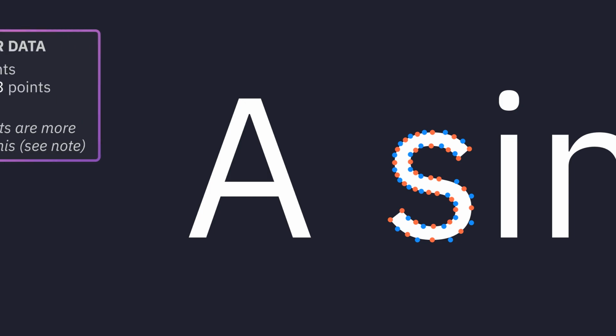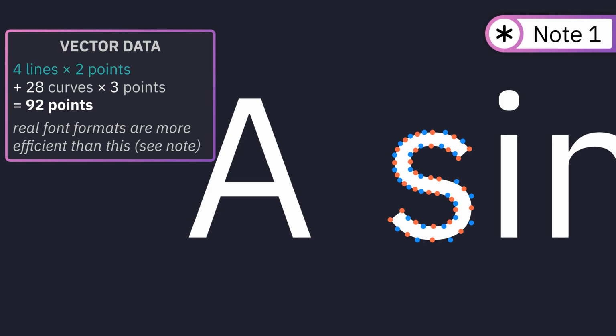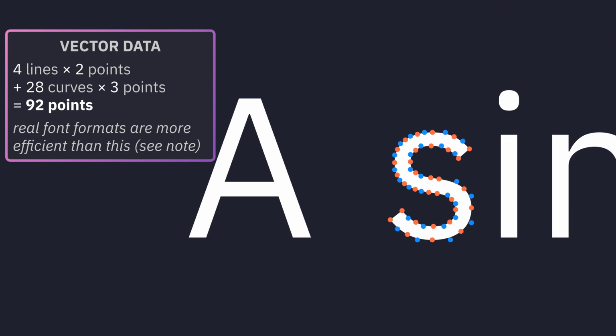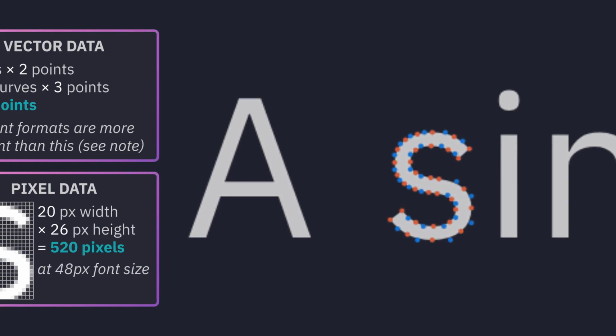If you need so many points to define letter shapes, how are fonts so space efficient in the first place? Well, storing lines and Bezier curves is just extremely light. Considering that defining a straight line needs only 2 pairs of numbers, 2 x's and y's, and a curve needs only 3, with a lot of repetition. This explains how a font file can be so small. An image needs to store data for every pixel, and you need a lot more pixels to get something coherent than the 92 points that make up this S.